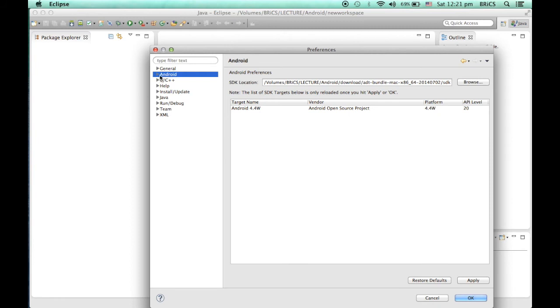So when you click on this Android link, even without opening it, it will work. It will ask for the SDK location. It may be possible that it has already searched for that SDK folder and set the path.